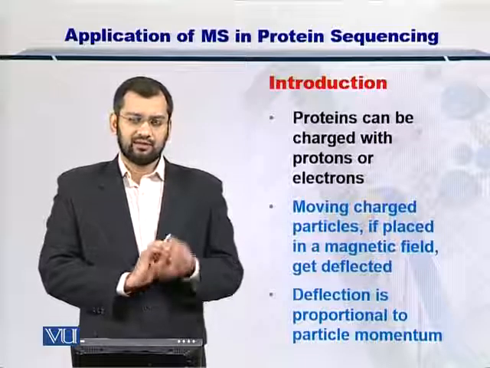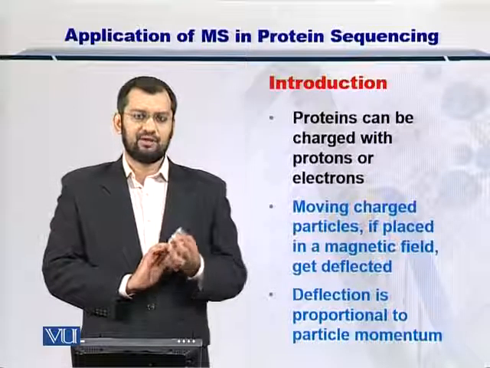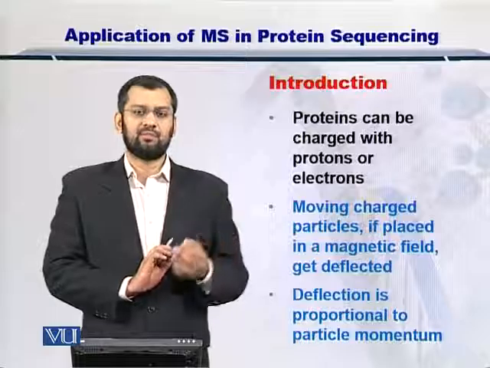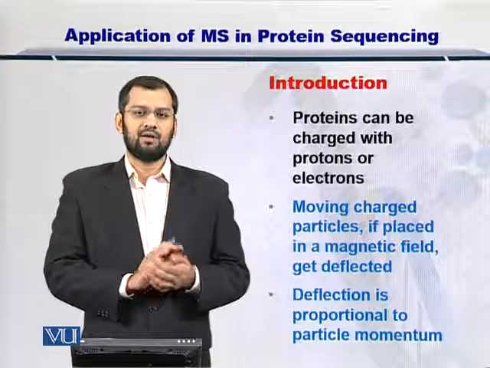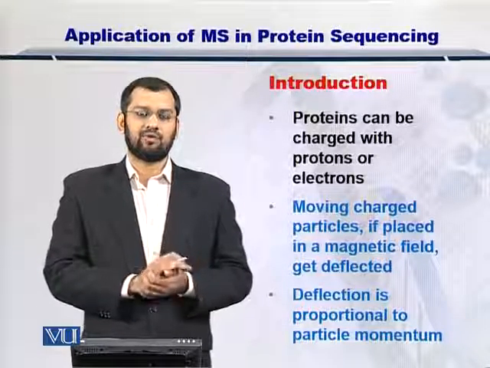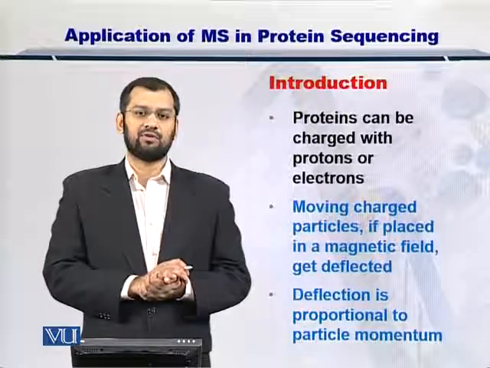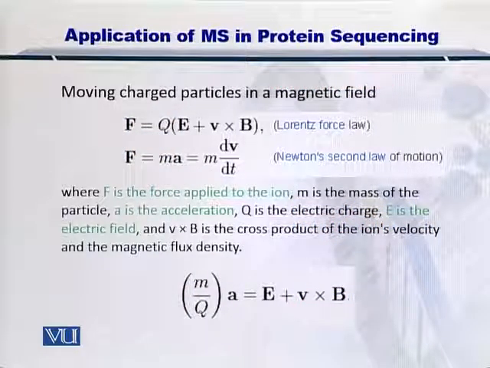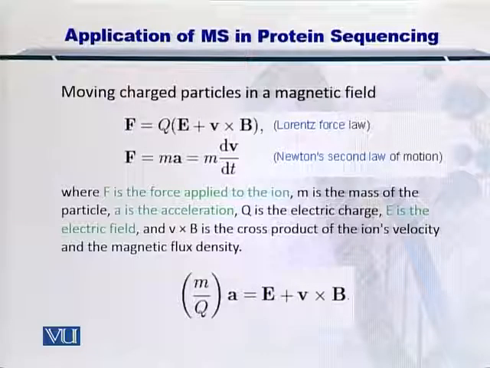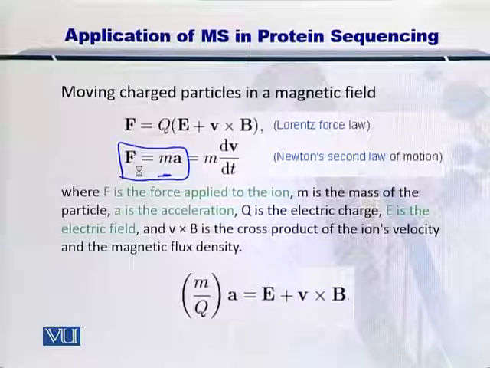So as I just said, the key principle is that the degree of deflection is proportional to the momentum, which is actually the product of the mass and velocity of the protein. The underlying physics of this phenomena, as you would already know, comes from the Lorentz force and Newton's second law. So, given in these equations, F equals ma, where m is the mass of the protein or the ion,